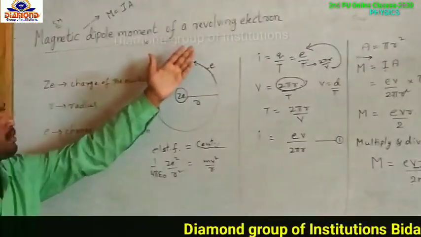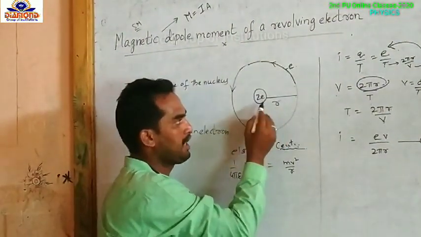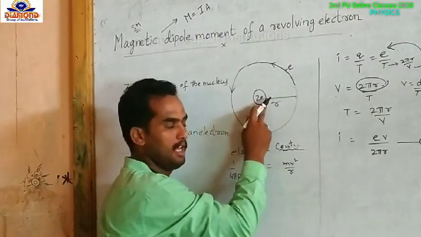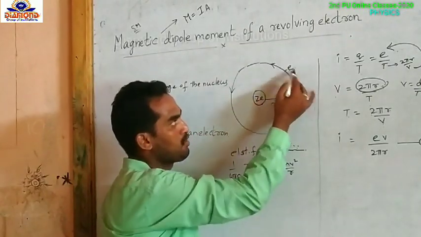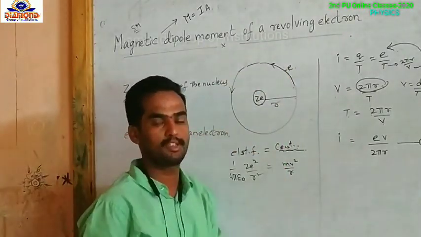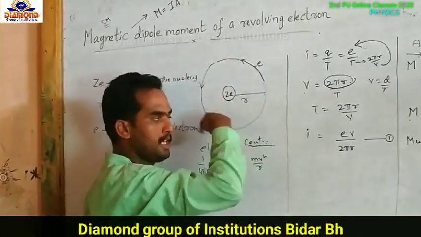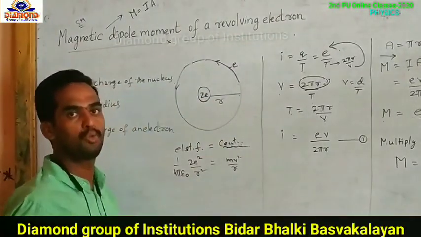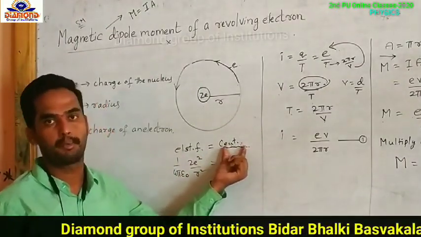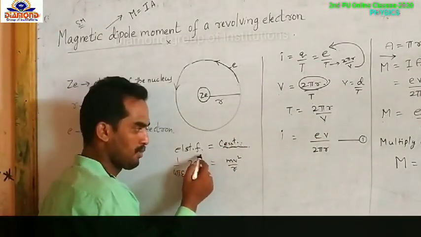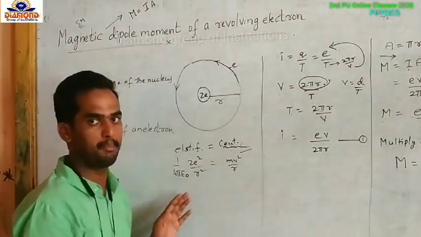Magnetic dipole moment of a revolving electron. Here we consider an atom, having a nucleus with charge Ze, where Z indicates the atomic number and e indicates the charge of the proton. Outside the nucleus, the electrons are revolving in their orbits. These electrons revolve continuously around the nucleus, provided by two types of forces. First is called the electrostatic force, and second is called the centripetal force. So the electrostatic force is provided by the centripetal force. This rule is explained by the scientist Bohr.